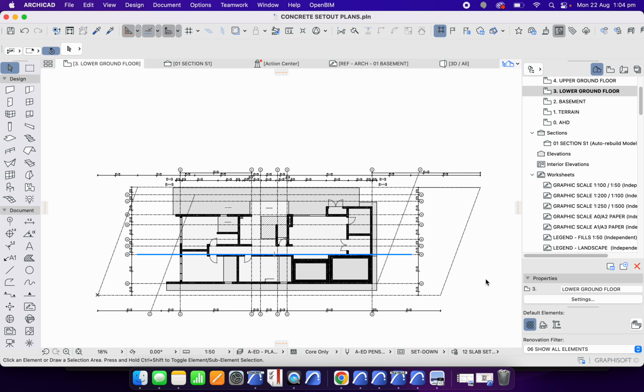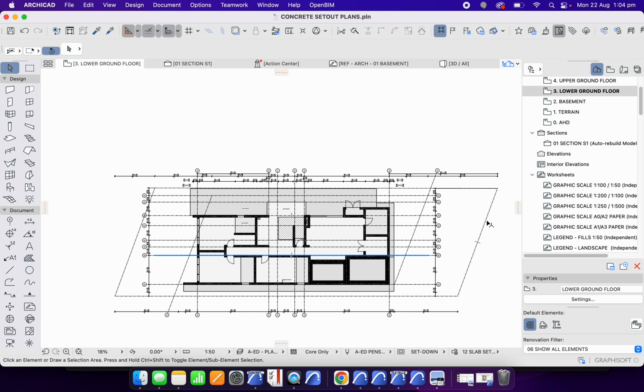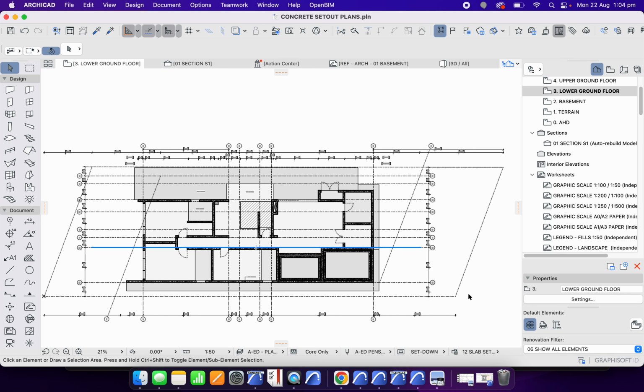Originally it was in this file. Effectively I created an MOD file, which is a module file, but that just means that I have some assurance that I'm not going to be accidentally editing the file, and it gives me more quality assurance that I'm doing it correctly, and particularly as time goes on and maybe other people in my office are working on this same file, and just to make sure nothing